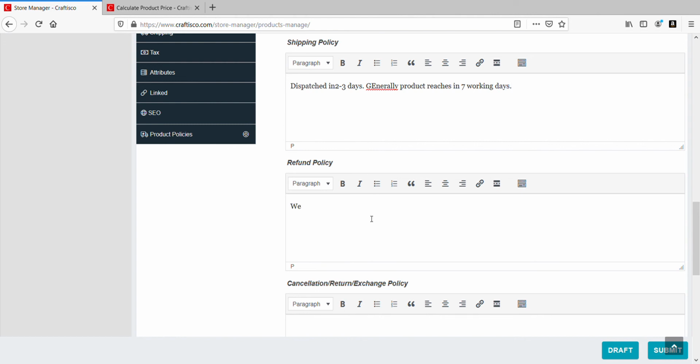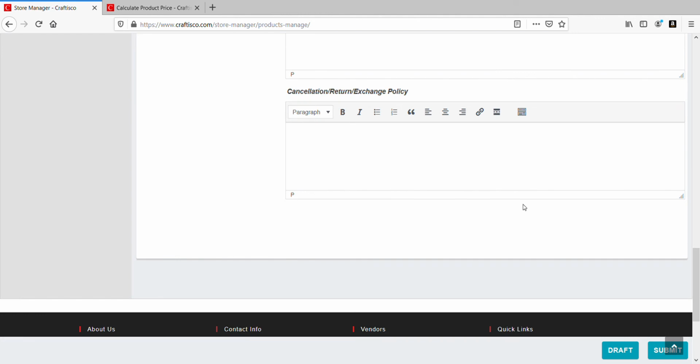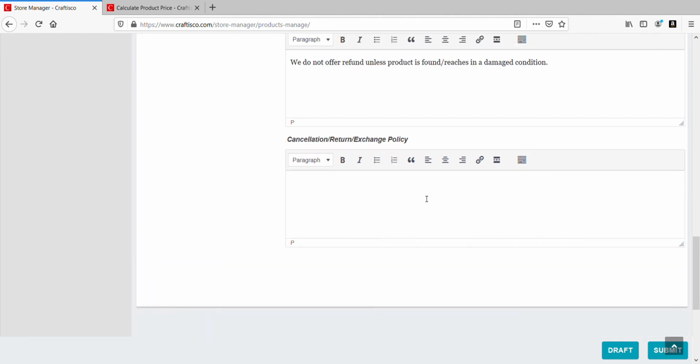Refund policy, we do not refund unless product reaches in a damaged condition. So this is just an example.